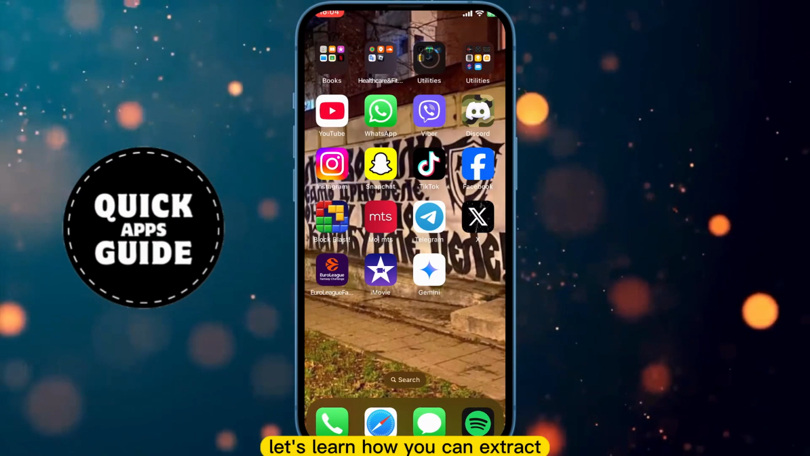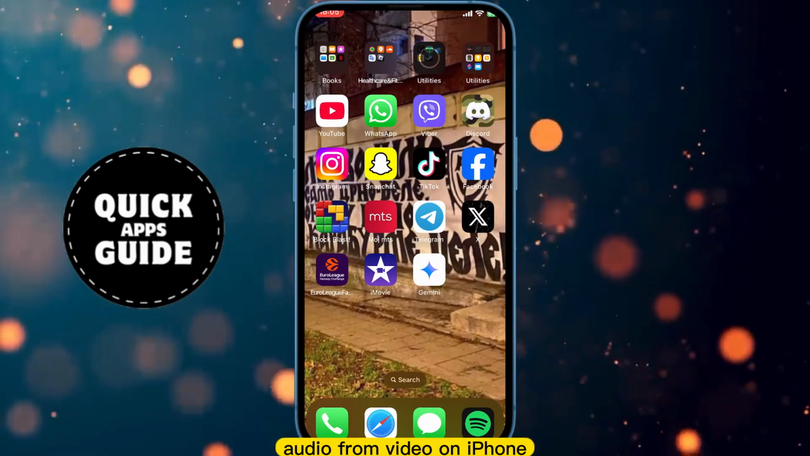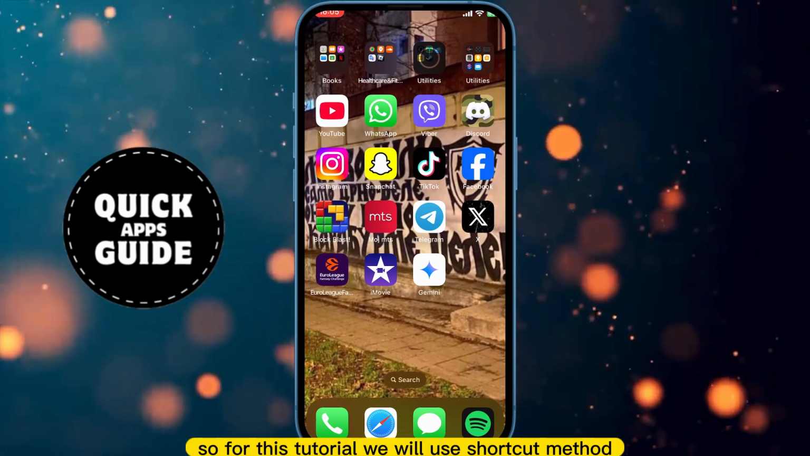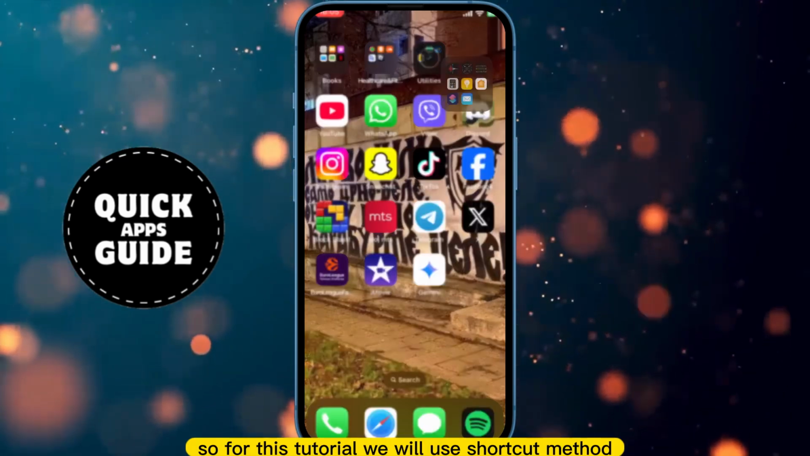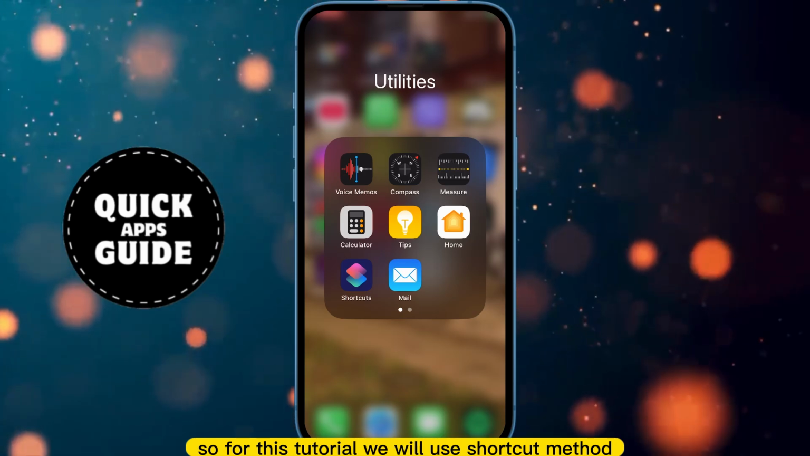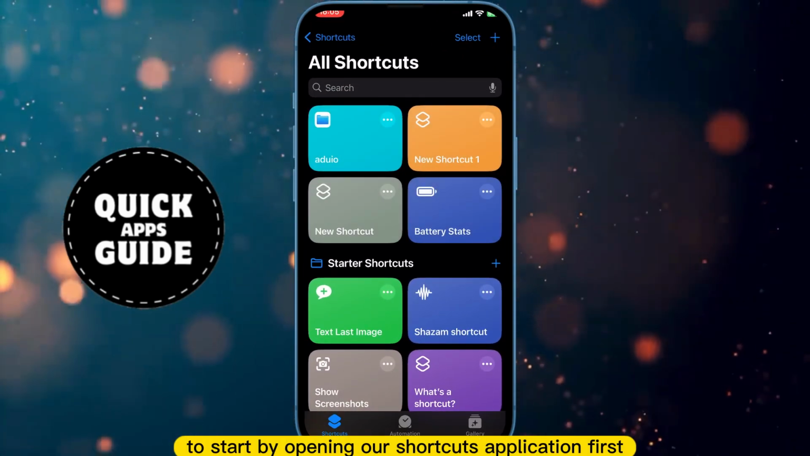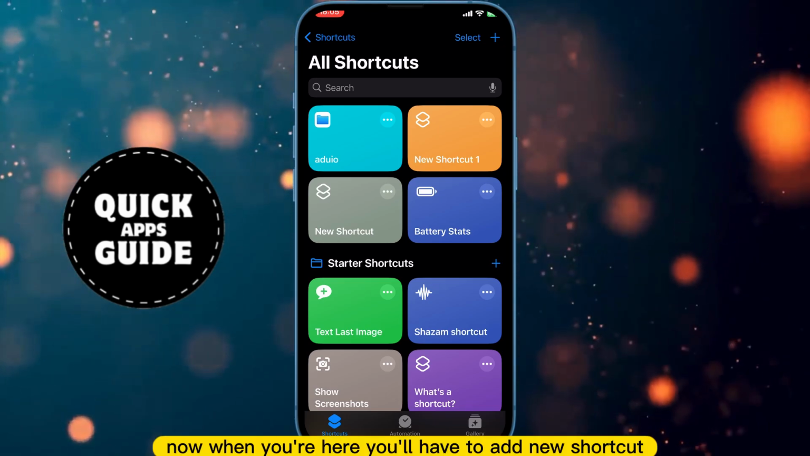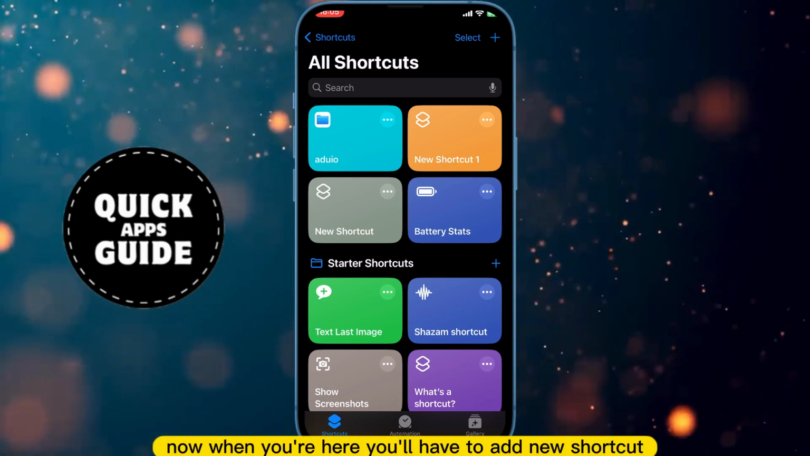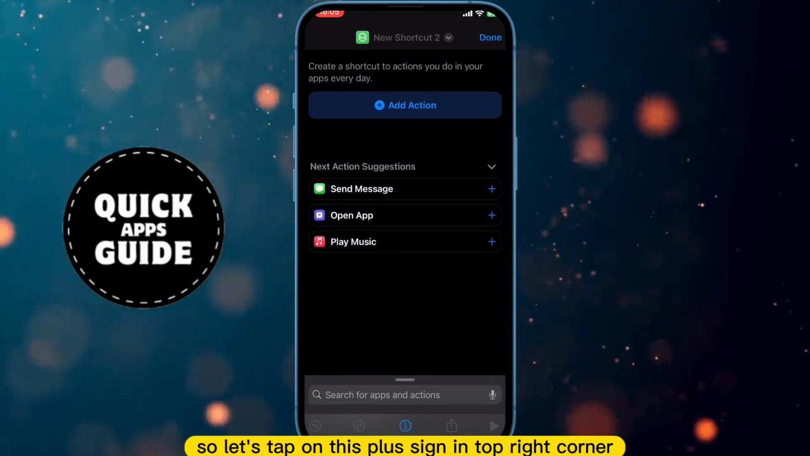Let's learn how you can extract audio from video on iPhone. So for this tutorial we will use the Shortcuts method, and without any delay let us start by opening our Shortcuts application first. Now when you're here you will have to add a new shortcut, so let's tap on this plus sign